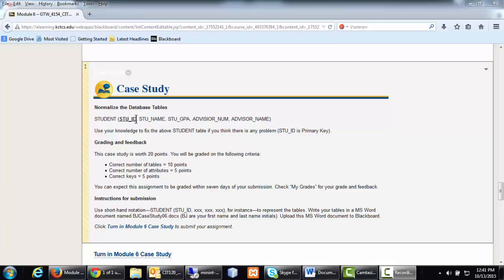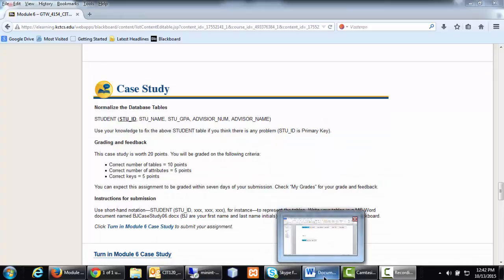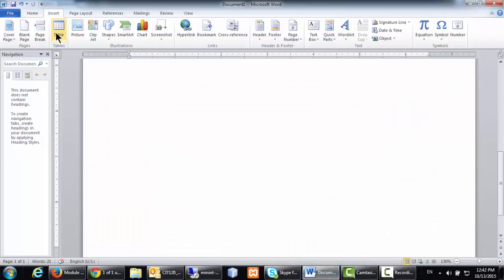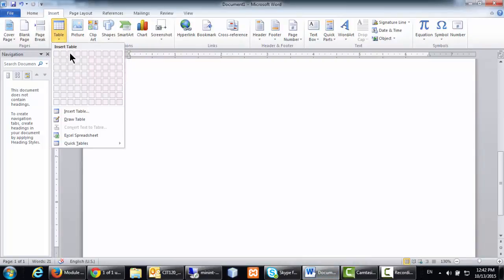Now we turn to the third normal form. We notice that the advisor's name is fully determined by the advisor number. In other words, we have a transitive dependency here. So you can create a new table, which, if I use Microsoft Word, can be done by inserting a table, for instance,